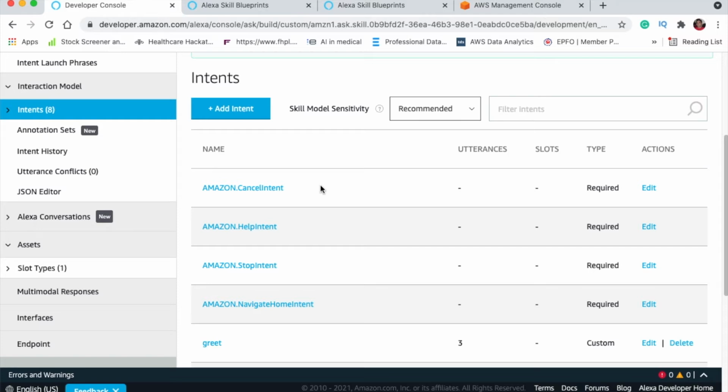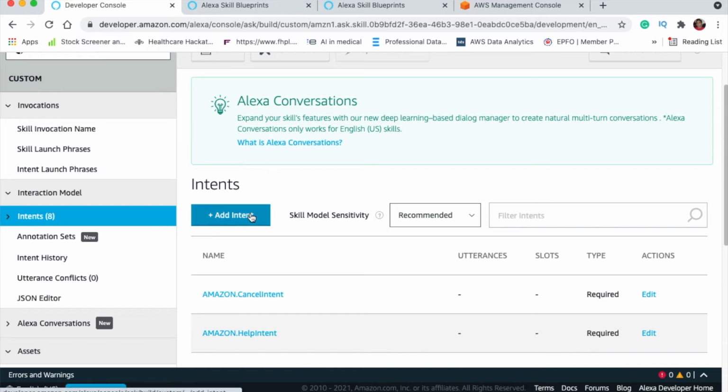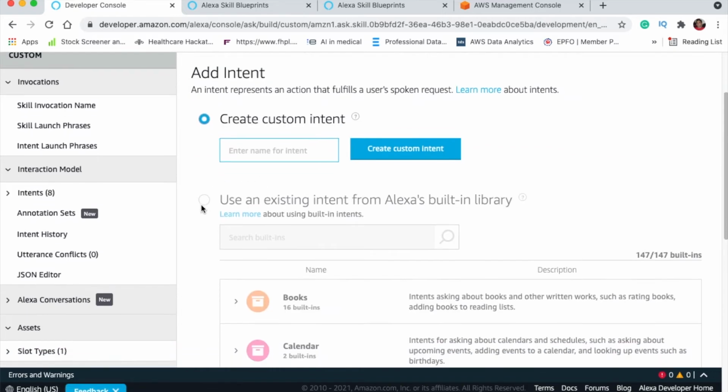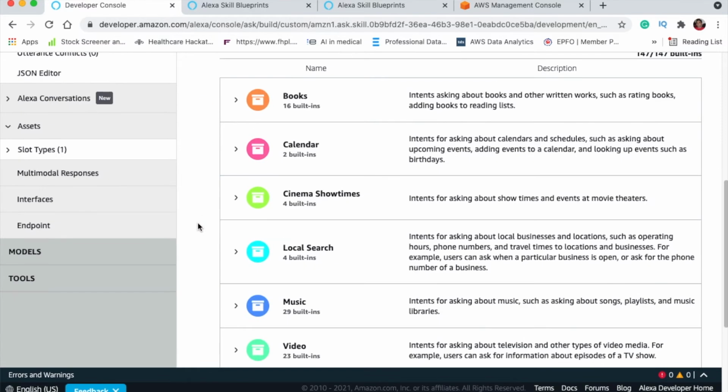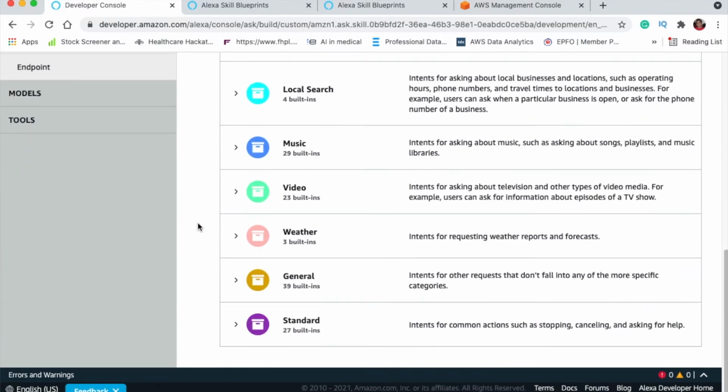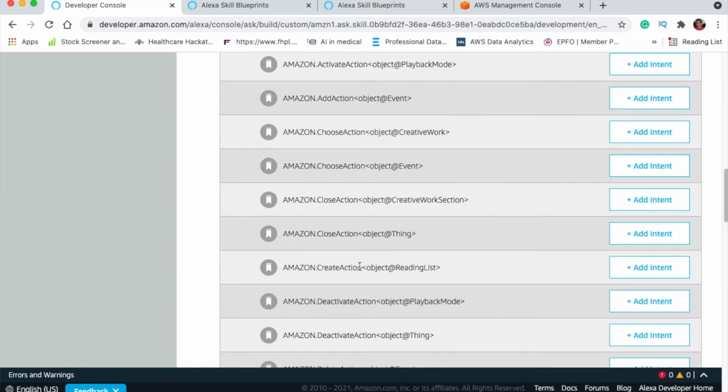One is inbuilt intent, and the other one will be your custom intent, which is something you define. For inbuilt intent, just go ahead and click add intent. You will be shown two different libraries: create custom intent, where you can create an intent, or use an existing intent. The moment you click an existing intent, it will tell you there are so many intents inbuilt. Say, for example, I click on general, it tells me when the application is getting closed,